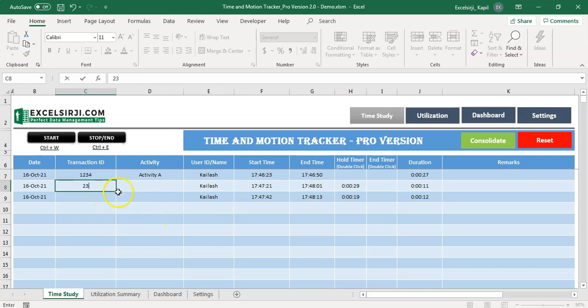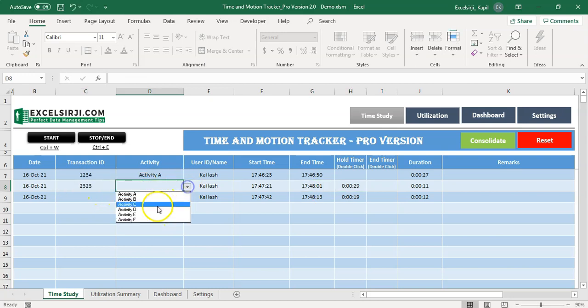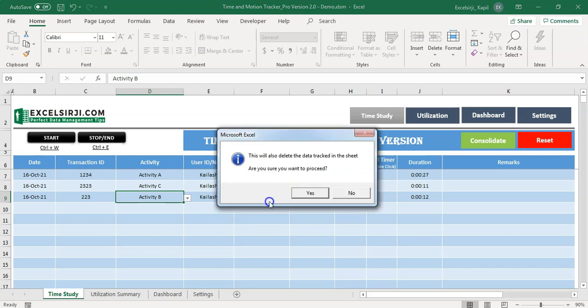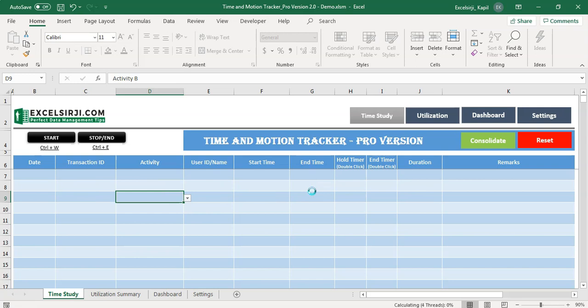So here I can also update a few more details, for example like this, and in such a way I can continue to work during that particular day. And on the next day I can create one more copy of this and then reset this particular tool. For example, I will click on reset now, and it is giving me a warning which I'll click yes on. So like that the file gets blank.